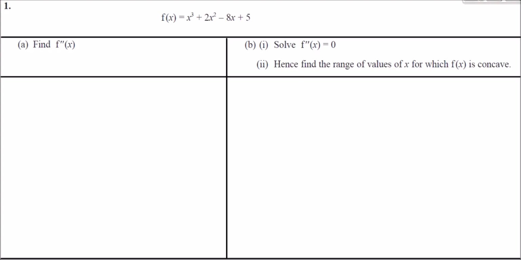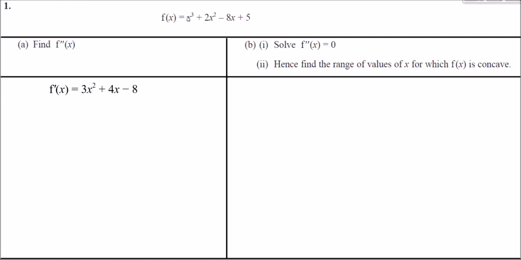So we have a function f of x defined as x cubed plus 2x squared minus 8x plus 5. We need to find f double dashed of x. Some teachers might call this f prime prime. All this means is it's just notation. This means we're going to take the function, and differentiate it not once but twice because of these two primes. So first of all, if we differentiate f of x to get f prime of x, we'll